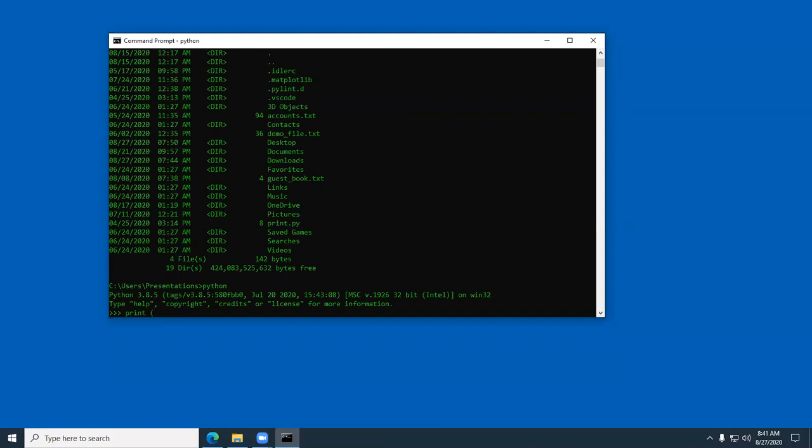So we're going to say print, and print is a function, and we pass it an argument. We pass the argument inside of the parenthesis. And we're going to pass it a string literal, and this string literal can either be in single quotes or double quotes. All right, so we'll just go ahead and use the double quotes for today. Hello, Python